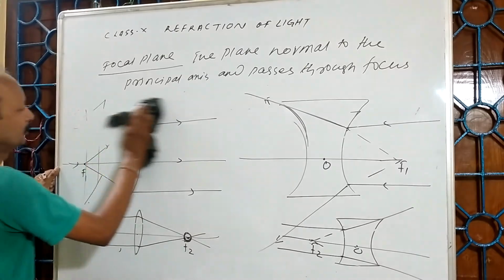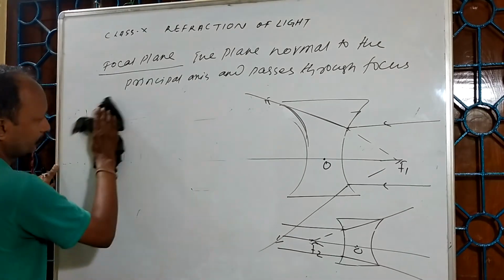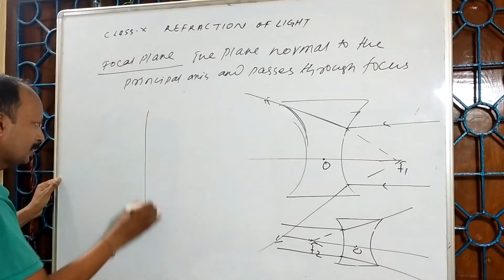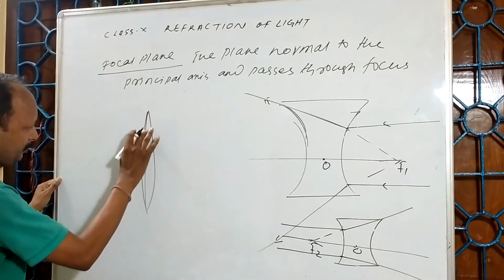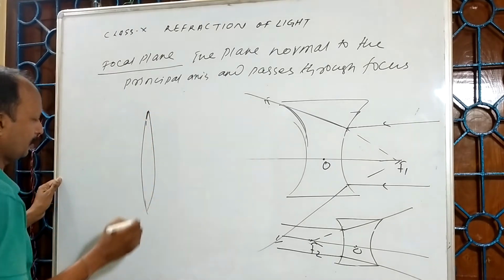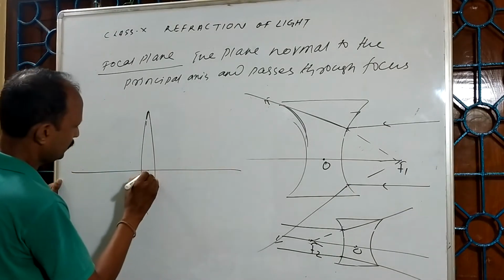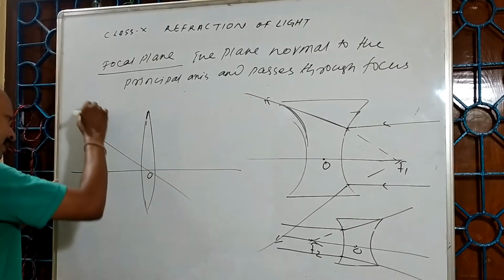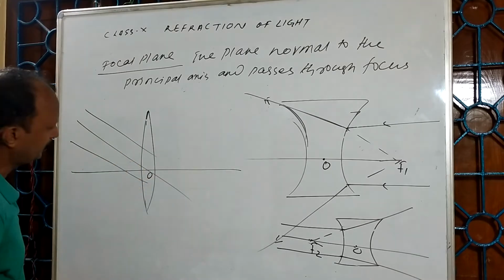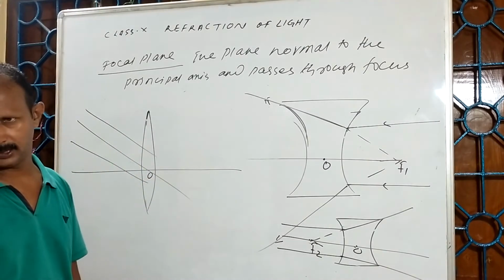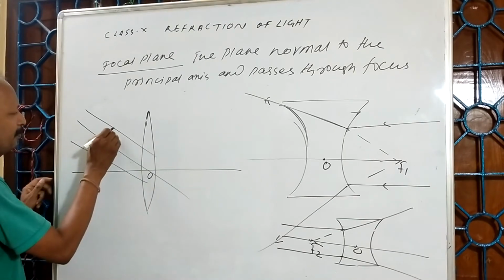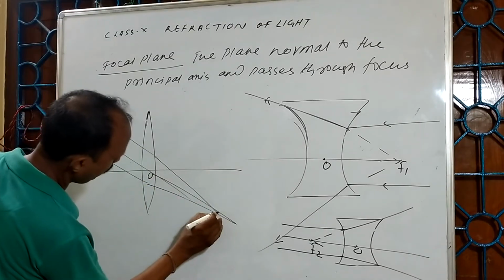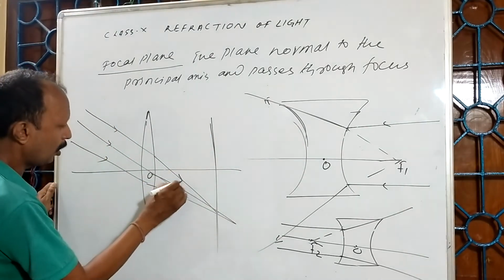Now you see that, suppose this is a convex lens. The convex lens means biconvex lens, double convex lens. Now this is the principal axis, this is the optic center. Suppose here some light rays are coming, oblique to the principal axis, or they are coming parallel, no doubt at all. Where will they meet? They will meet at a point which is on the